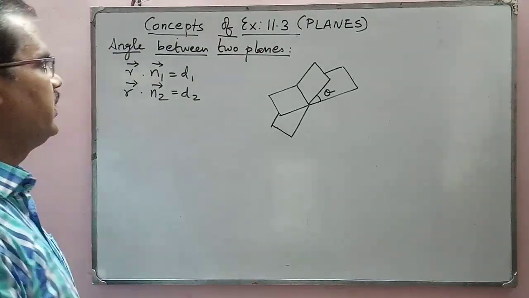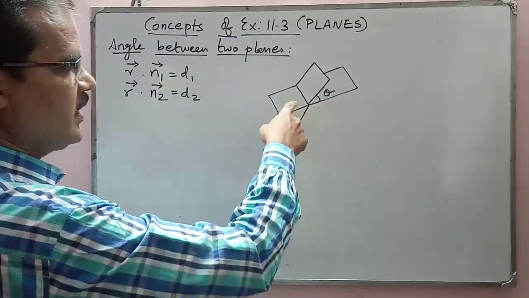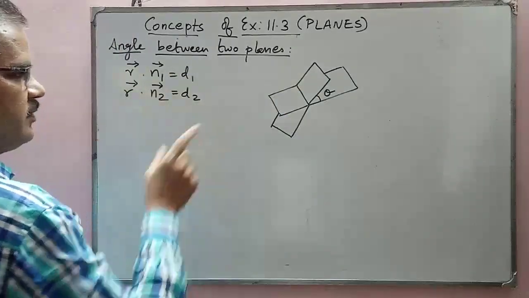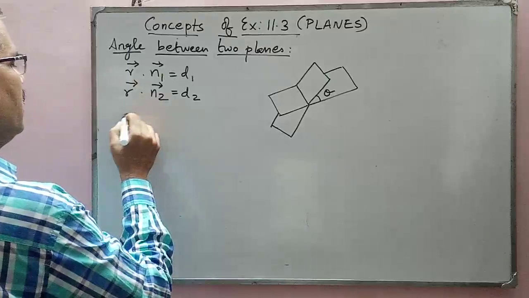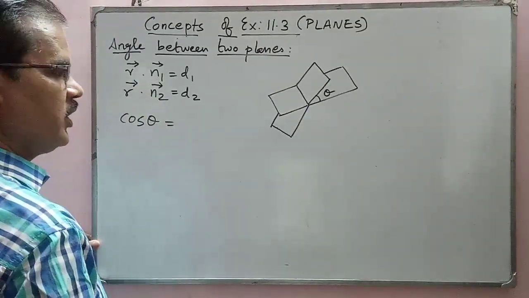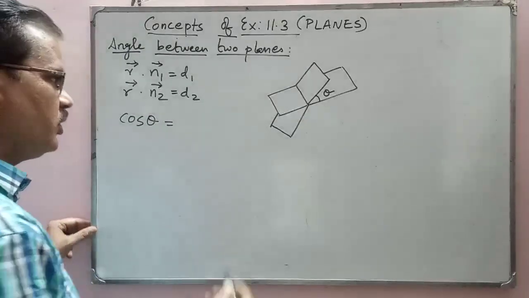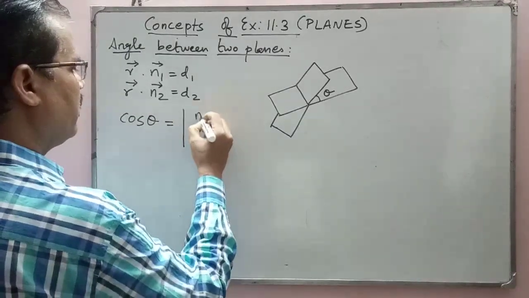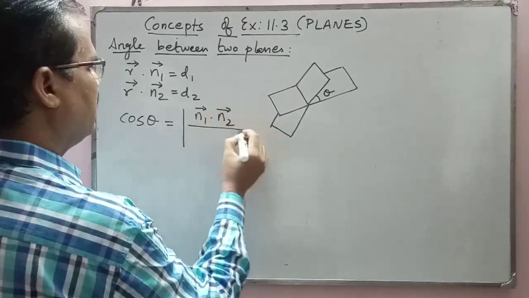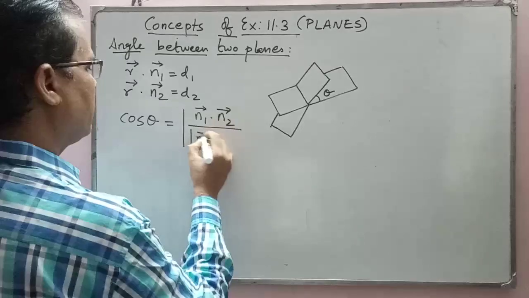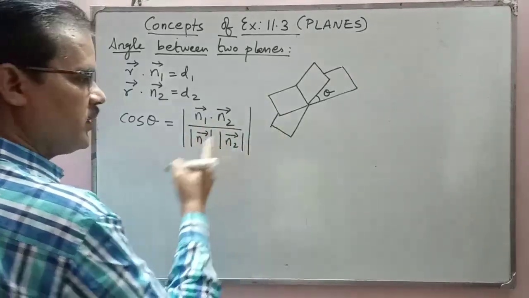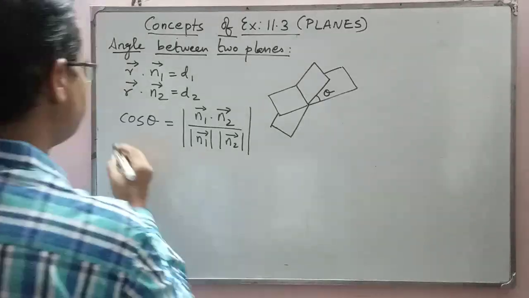Now we are going to learn the angle between two planes. Two planes are there. What is the angle between them? The two plane equations are given separately. Now, in lines, what is the formula? Yes, b1 dot b2 divided by modulus of b1 modulus of b2, the whole mod. The same thing here: n1 vector dot n2 vector divided by modulus of n1 vector modulus of n2 vector, where n1 and n2 are the normal vectors. This is the vector form equation.